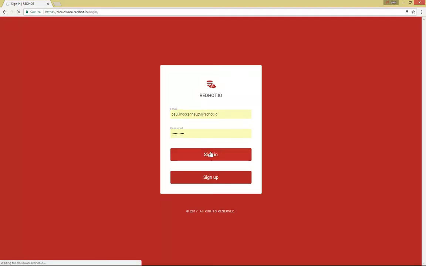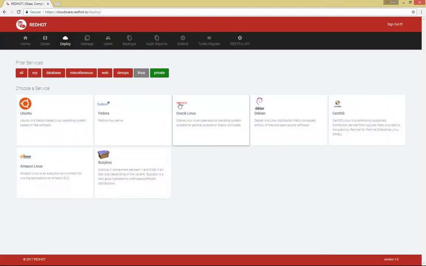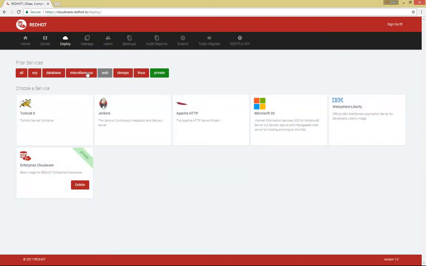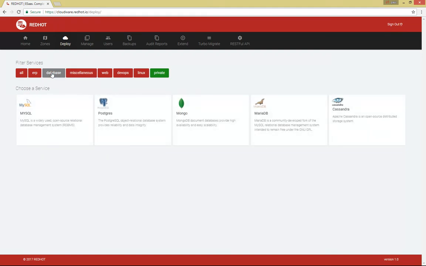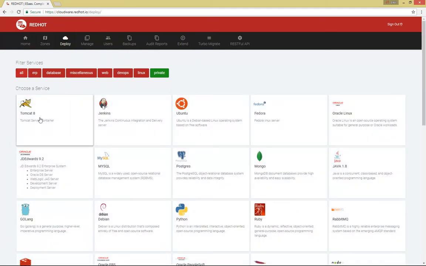We're going to log on. And since I'm logged on as a customer that has nothing deployed, the first thing it's going to ask me to do is deploy something. We have all kinds of images in our library, and of course you can add your own images as we go. We have all kinds of different Linux distributions and different DevOps tools, different web servers, and some miscellaneous things. We have different databases, as well as the different ERPs for one-click deployment of things like JD Edwards and EBS and PeopleSoft. For this demonstration, I'm going to go ahead and deploy a Tomcat server, which is a J2EE web